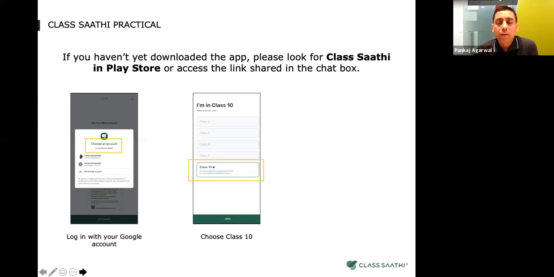So what we do is we give certificates which are open badge protocol, and we give you full data points on how many questions you have solved on our platform. We give you ideas on your skills, which skills are strong and weak. And it is by us, meaning that it's a soft copy of the certificate, just to certify that you have studied hard on Class Saathi and you have achieved certain scores. It's not so easy, by the way, to get a certificate. You have to work on Class Saathi for 60 days and complete at least 80% of the questions on the Class Saathi. And every day, the questions are increasing. So it has to be hard work to earn a certificate.